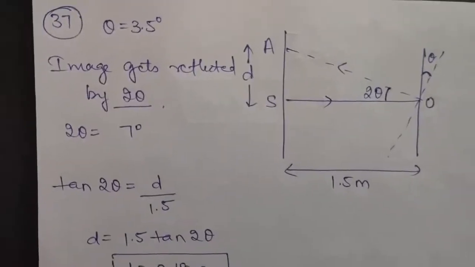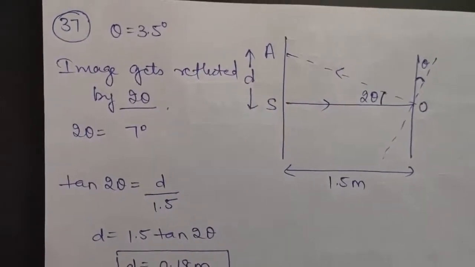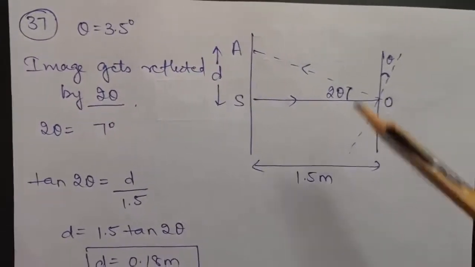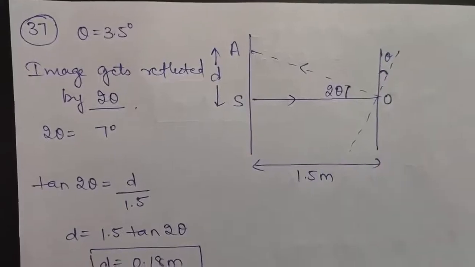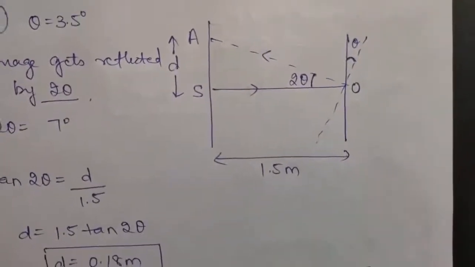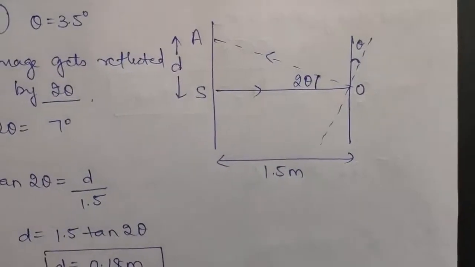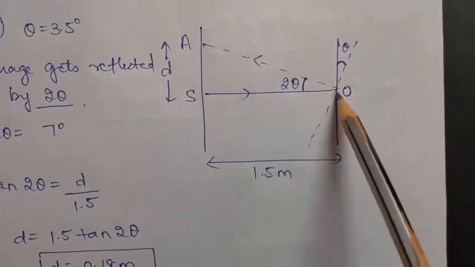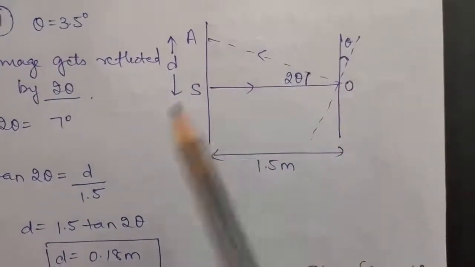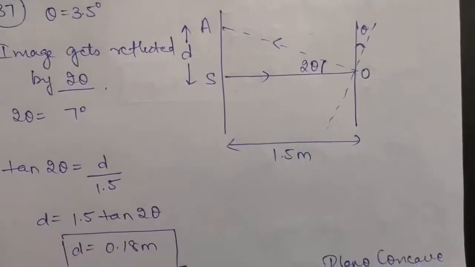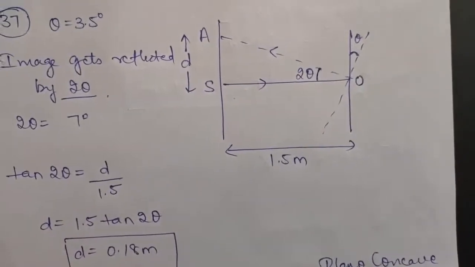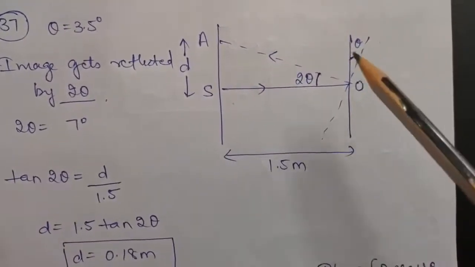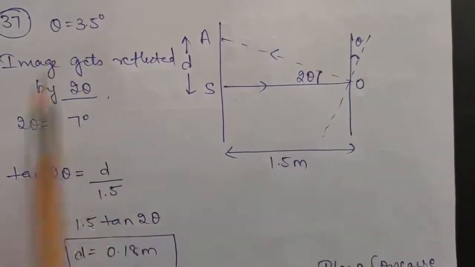Okay, so question number 37 says, light incident normally on a plane mirror attached to a galvanometer coil retraces backwards as shown in the figure. So this is your plane mirror, and we are taking this to be the position from which your light is falling. Because it is falling at normal incidence to the plane mirror, it will retrace its path. The question says a current in the coil produces a deflection of 3.5 degrees of the mirror. That is, this mirror gets rotated by an angle theta, which is 3.5 degrees as given in the question.